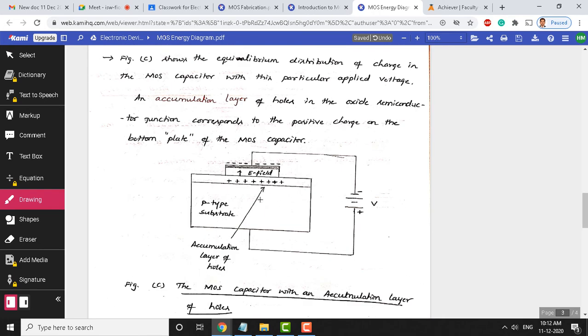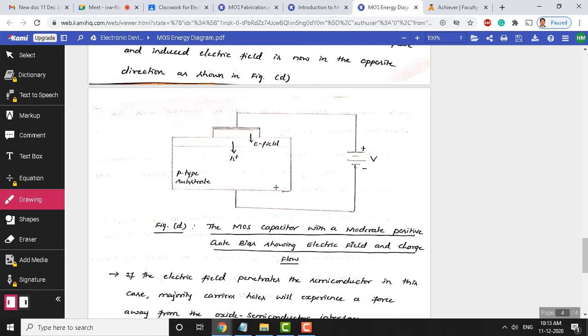Again, here we are showing another diagram for increased negative voltage. Increased negative voltage forms a layer called the accumulation layer. You can see all positive charges are accumulated below the oxide and semiconductor interface. With more negative voltage to the gate, more and more negative charges appear at the top plate, and an equal number of positive charges will be induced at the bottom semiconductor oxide interface. This layer of positive charges can be called the accumulation layer, because the holes are accumulated here.